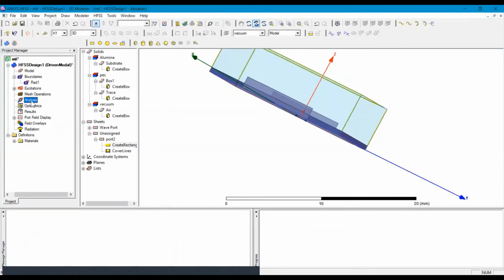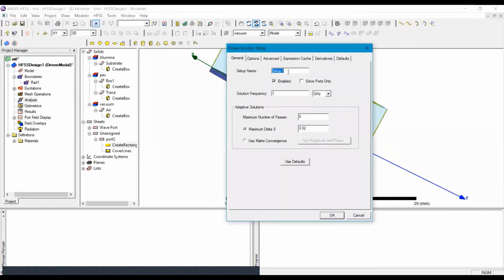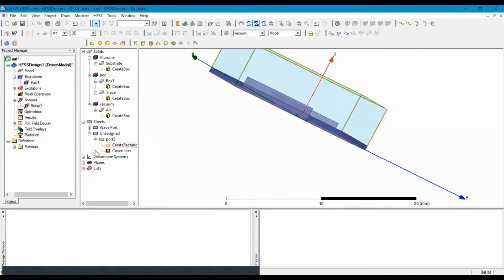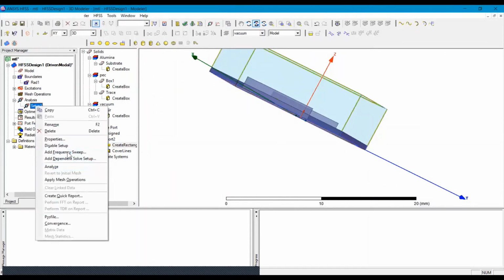Now we will add the solution setup. In the solution setup, we will check solve ports only, and the solution frequency is 18 gigahertz. Now we will add the frequency sweep.